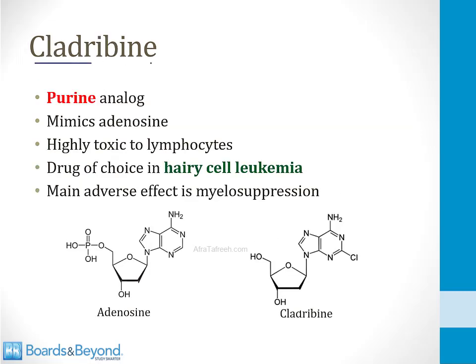Our next drug is cladribine, which also functions by mimicking the effects of nucleotides. In this case, it is a purine analog that mimics adenosine. If you look at the bottom of the screen, cladribine has a very similar chemical structure to adenosine. This makes cladribine highly toxic to lymphocytes, and the high-yield thing to remember about this drug for your exams is that it's a drug of choice in a rare form of leukemia called hairy cell leukemia that I talk about